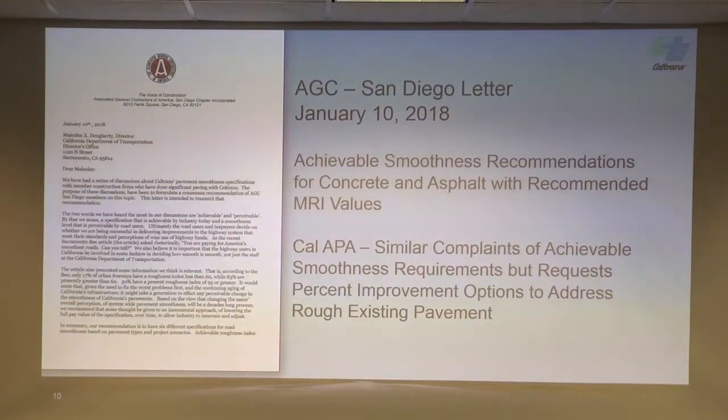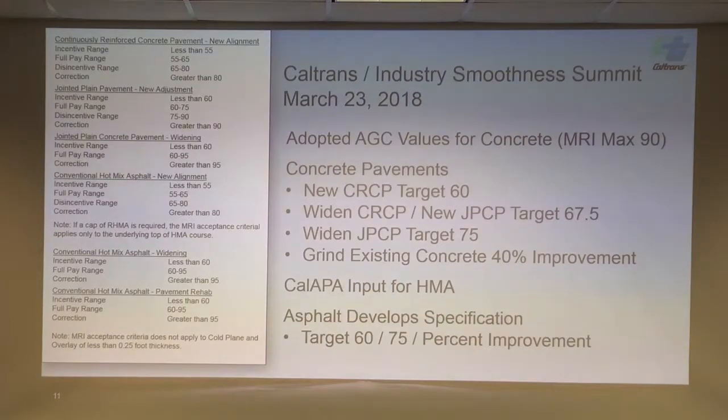They didn't really like what we were going to roll out. They pushed back a little bit and came to us with some changes. And then CalAPA, the California Asphalt Pavement Association, also engaged at that time and came back with some similar requirements. So the letter cited some specific pavement smoothness limits. They came back with incentive ranges, full pay ranges, disincentive ranges, and then mandatory correction ranges for the various